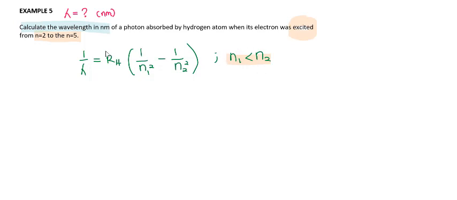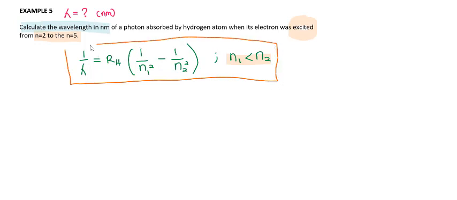Yang ni semua, the whole thing awak kena tulis baru awak dapat satu markah bagi formula. Tak boleh tinggal. N1 kecil daripada N2 pun tak boleh tinggal. So dekat sini kita tak pakai initial final. Kita pakai N1 dengan N2, di mana syarat dia N1 mesti kecil daripada N2. So dekat sini, since bukan lagi energy, dia adalah wavelength, kita akan pakai the other value for the Rydberg constant, which is